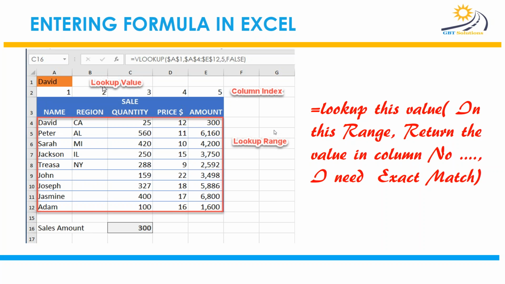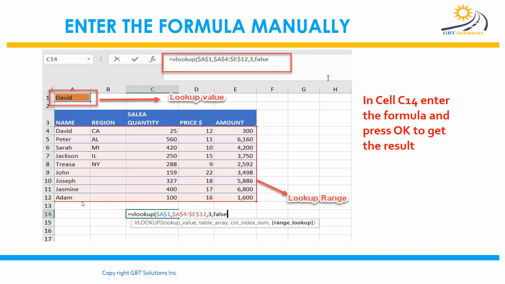And this is how we enter the formula manually. Also in the manual process, instead of entering the formula into the cell here, this is the formula bar. You select the cell, and this is the cell box. You select the cell here,